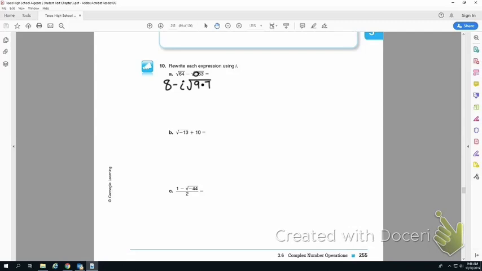And then what is the square root of 9? 3. That was 9 squared. So I pull the 3 out. I won't have to simplify the 7 down anymore. Looking at B. What do I need to do with that negative? Pull it out. Can I simplify the square root of 13? Nope. And the only thing we're going to have to adjust here is we're going to put it in